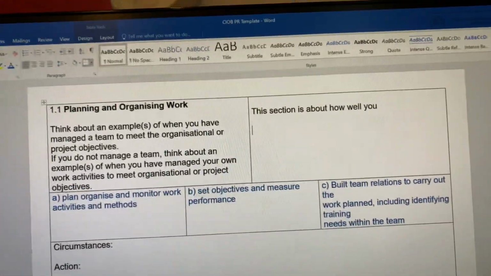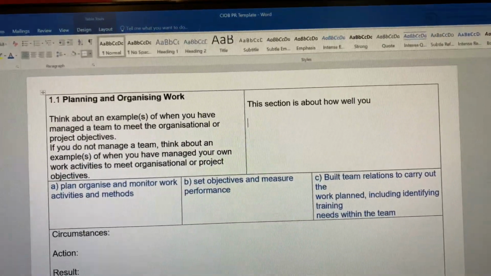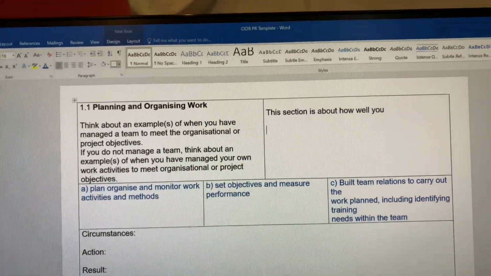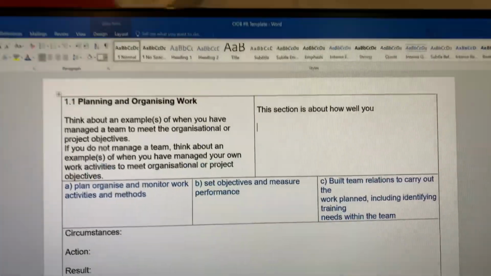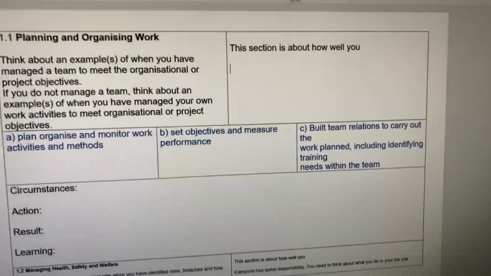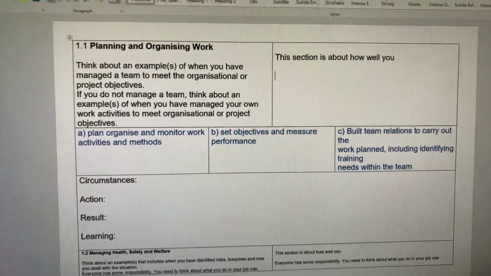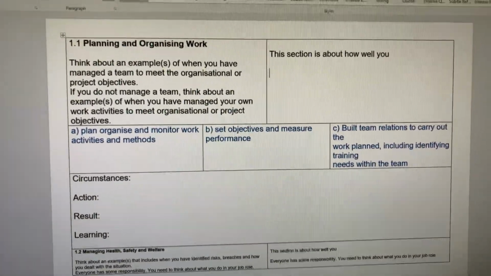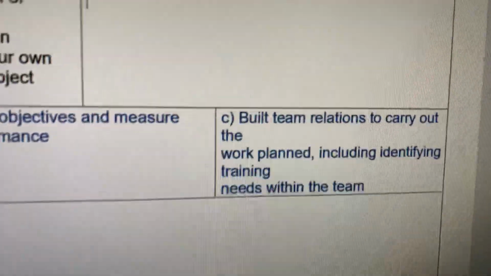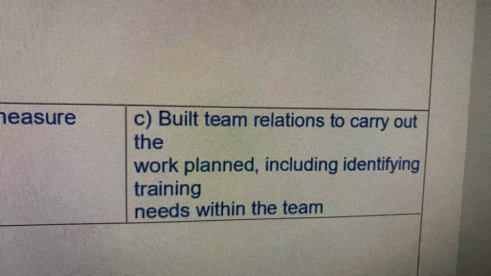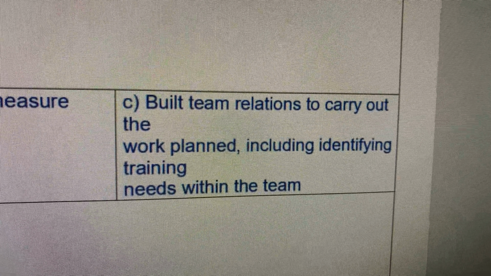And with that, I also do a customer survey at handover. With quality assurance, we'll ask the client how the project went. I'll also do KPIs of the quality of the work, so I will measure that. So they are informed. Also, what we are doing is giving the contractor a tick sheet, so they understand how we're measuring their performance. So C is build team relations to carry out the work planned, including identifying training needs